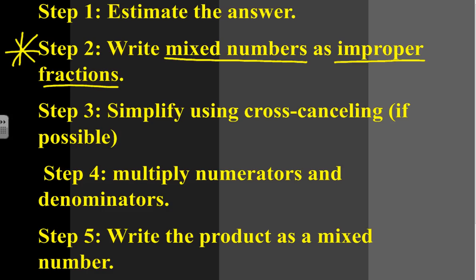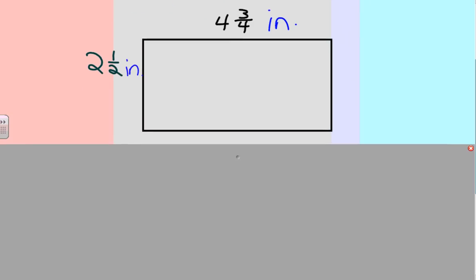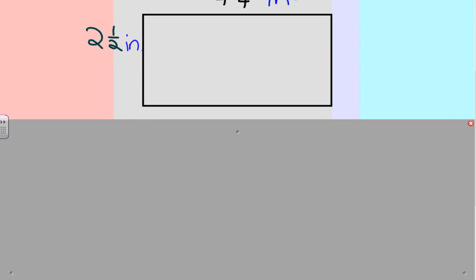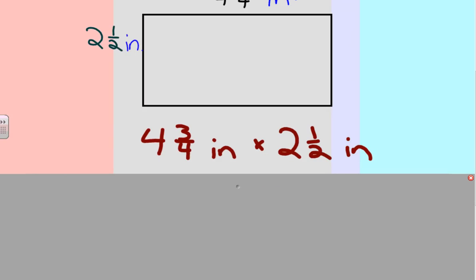Let's go take a look at another problem for practice. Our next problem, we have here another area model, 2 1/2 times 4 3/4. Go ahead and try to solve this problem. Look back at your steps if you need some extra help. If you solved this problem correctly, the first step would have been to take the length times the width and